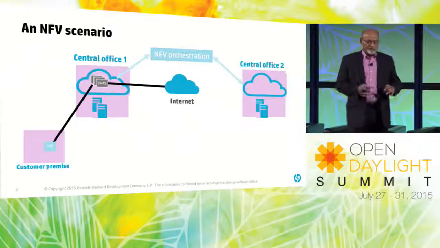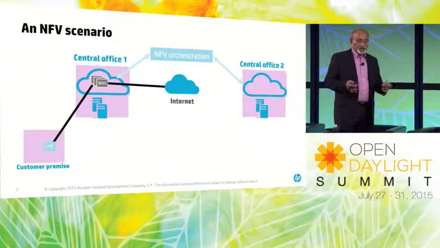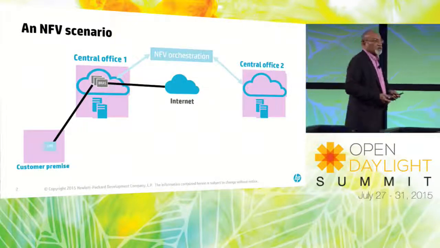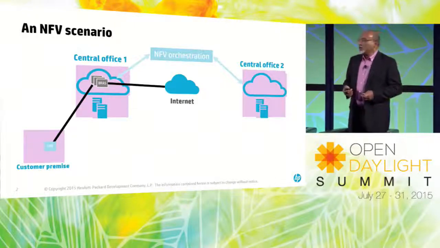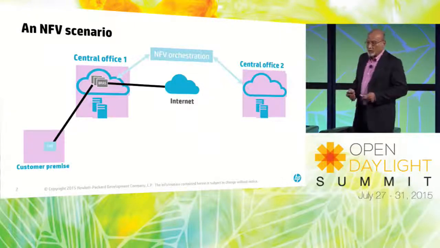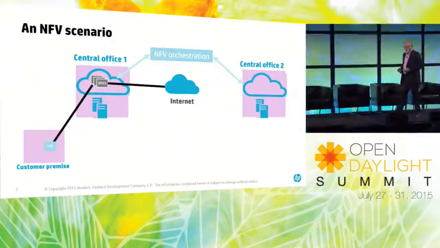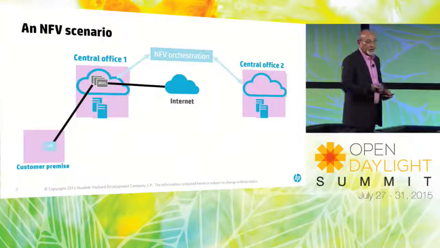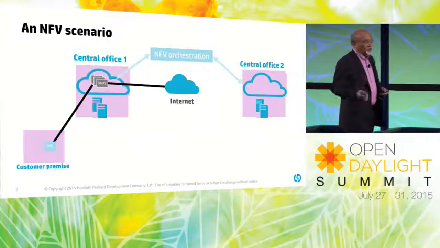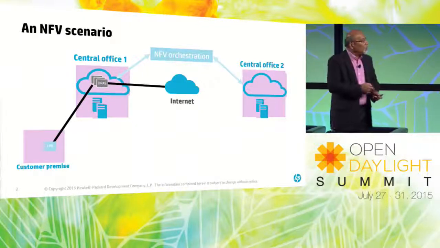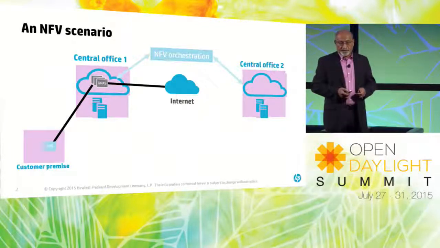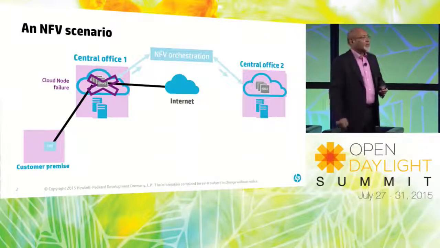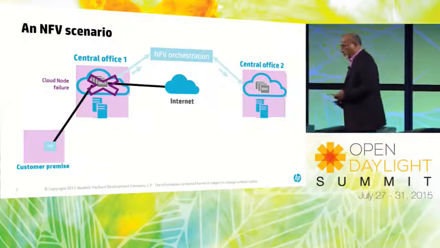So suppose you have, not getting into what the functions are, what you're trying to do here, but I'll take BRAS as an example. You have customers accessing internet services through a subscriber management element, the BRAS element there, but this is running virtually, so it's a virtual BRAS running in Central Office 1. And there's an orchestration system which has a domain of control of a couple of central offices. And now I have a failure of that whole system in that first central office.